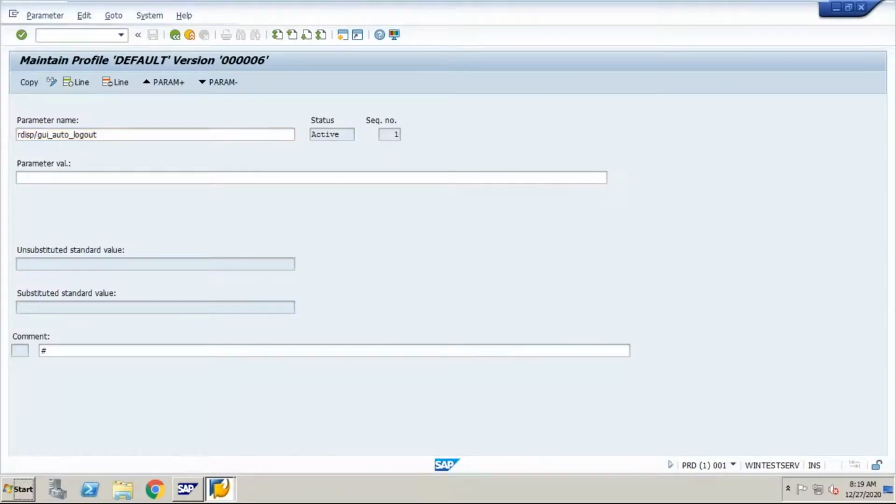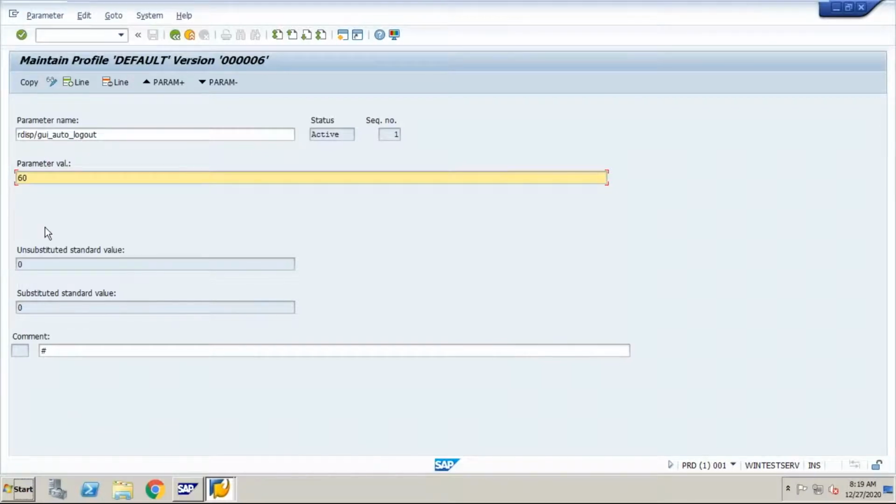Press enter. The default value it shows is 0. Now I would like to change this to 60. What does 60 stand for? If I make it 60, the system will auto logout after 60 seconds. If the system remains idle for 60 seconds, you will be automatically logged out.